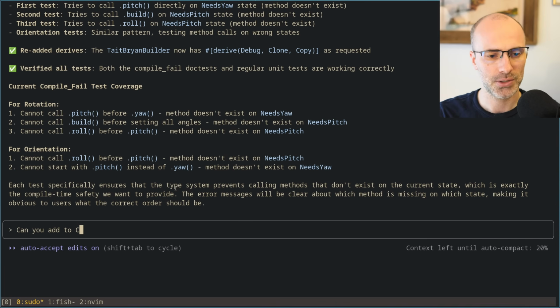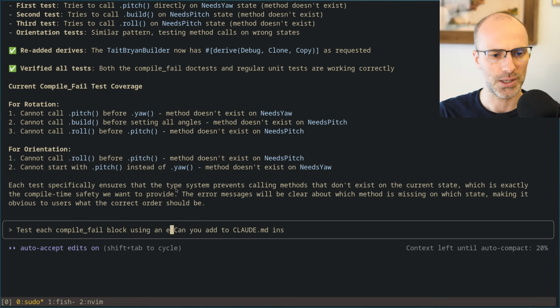Can you add to claude.md, actually, let's go to the start here. Test each compile fail block using an example file that we can then remove later.